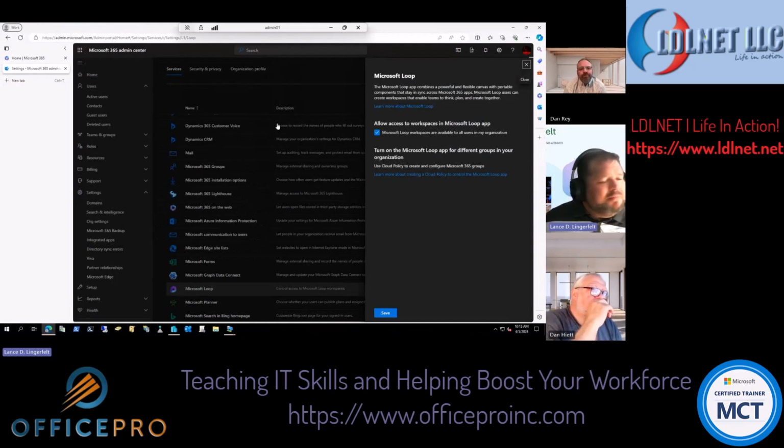Okay, so basically in the admin center, you can go to your settings and then go to org settings and then go down to Microsoft Loop, and you can allow workspaces and a Loop app and turn on Loop app for different groups. You can go through here and set that up. You basically use a cloud policy. This link right here will show you how to do it. You basically set a group if you want to test it out first, or you can set it for all users. And basically the settings in that will show you what features you can add